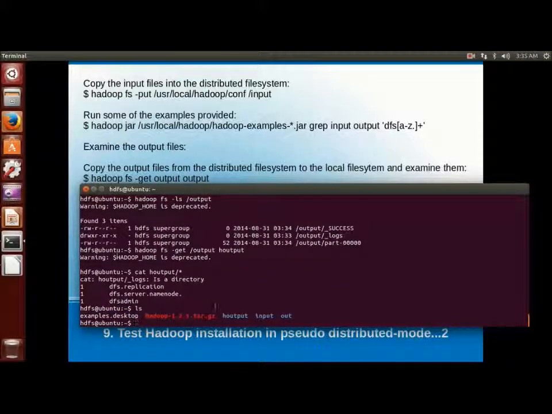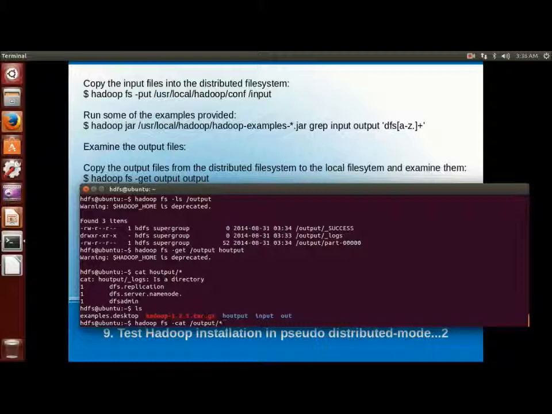Earlier in the local mode it was only 1. So h output is created by the fs command with option get, and it is filled up with the content of output in the HDFS.